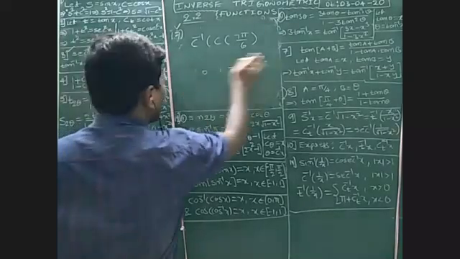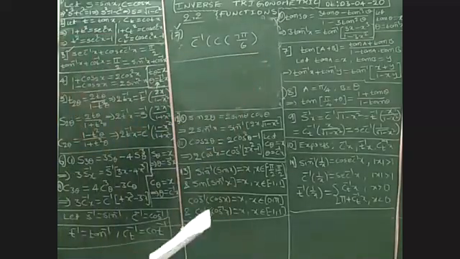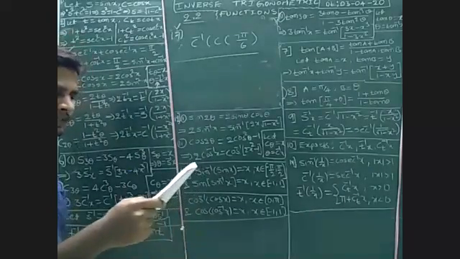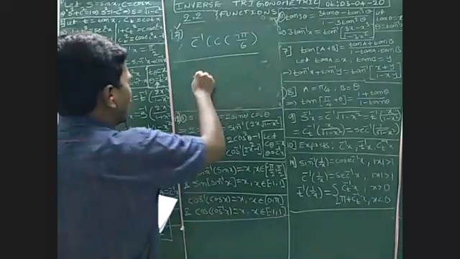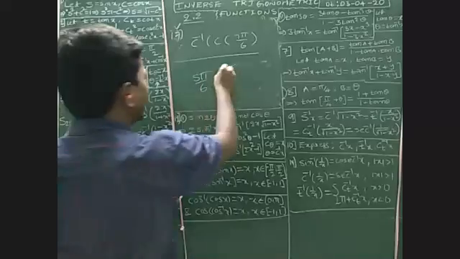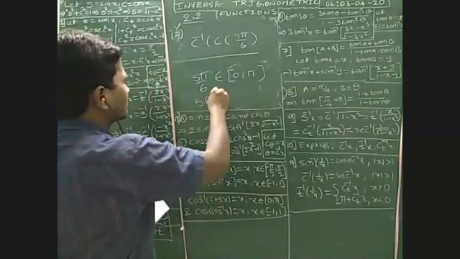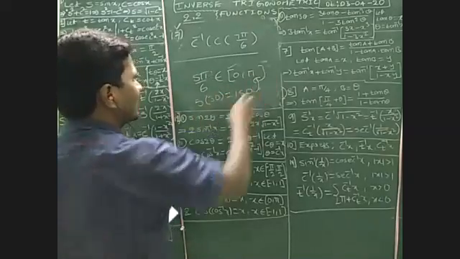Do it fast. How to write? You can try this. What is the answer you got? 5 pi by 6. A or B? 5 pi by 6. Okay, right. Does 5 pi by 6 belong to the range 0 to pi? 5 into 30 is 150. 150 clearly lies between